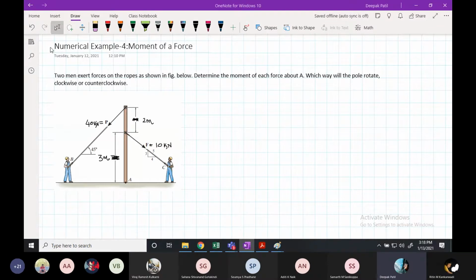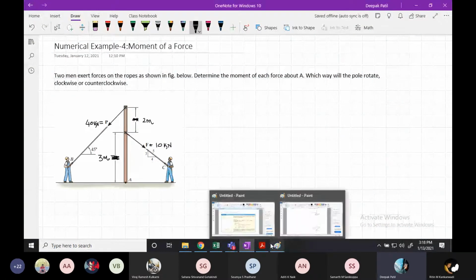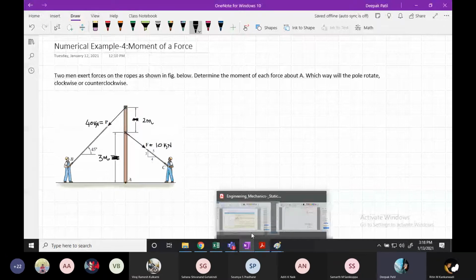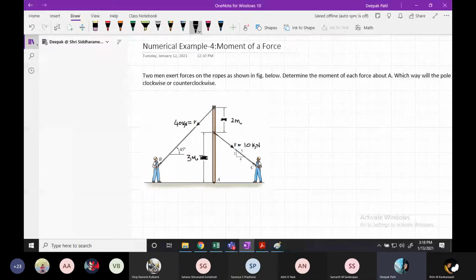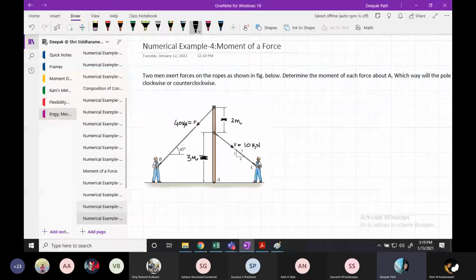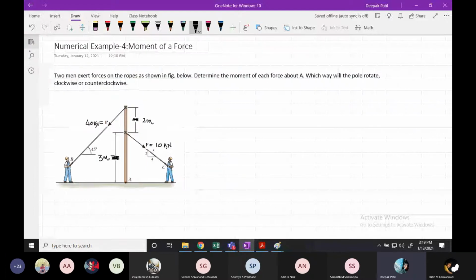So I hope you people have tried to solve the example which I gave in my last class. Let us see. I will not solve that. You submit that as an assignment. Whenever I say, at that point of time, I will check whether the answers made by you are correct or not. Okay. So we'll solve the next one.